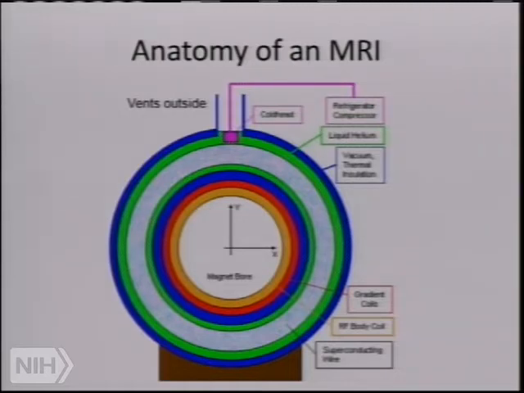So in order to avoid that, you have a vent that takes those cryogen gases away very rapidly. At the top of every MRI, you'll see one of these vents. So if you ever want to figure out what device you're looking at, look at the top. If there's something coming out the top, going up somewhere, that's a vent. That's an MRI device. Don't go in the room unless you're completely demagnetized.